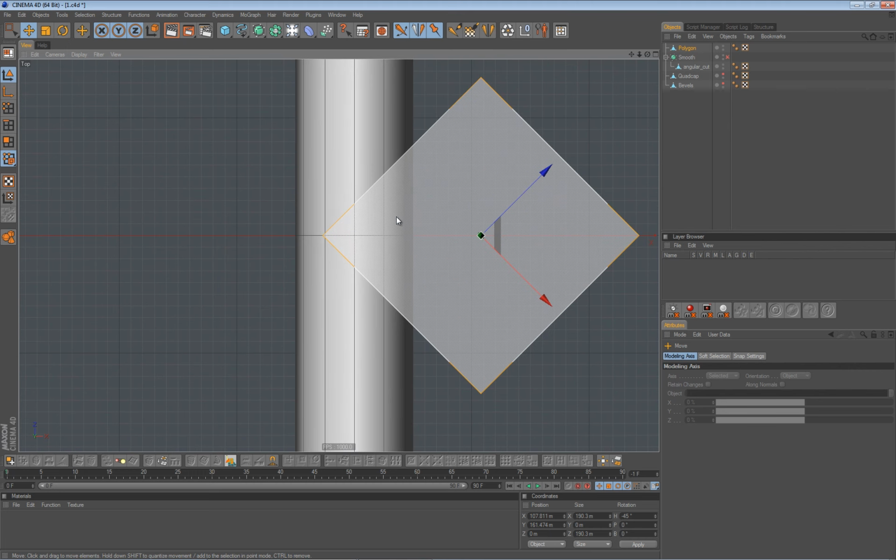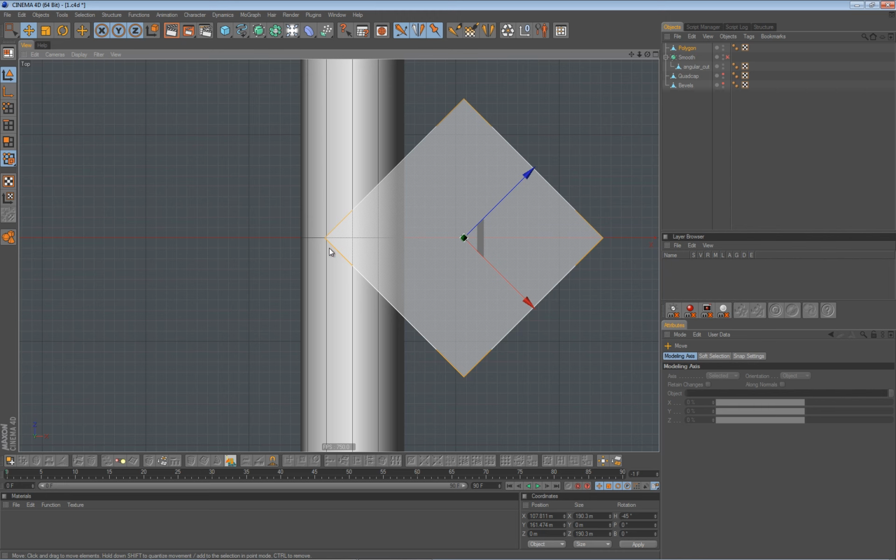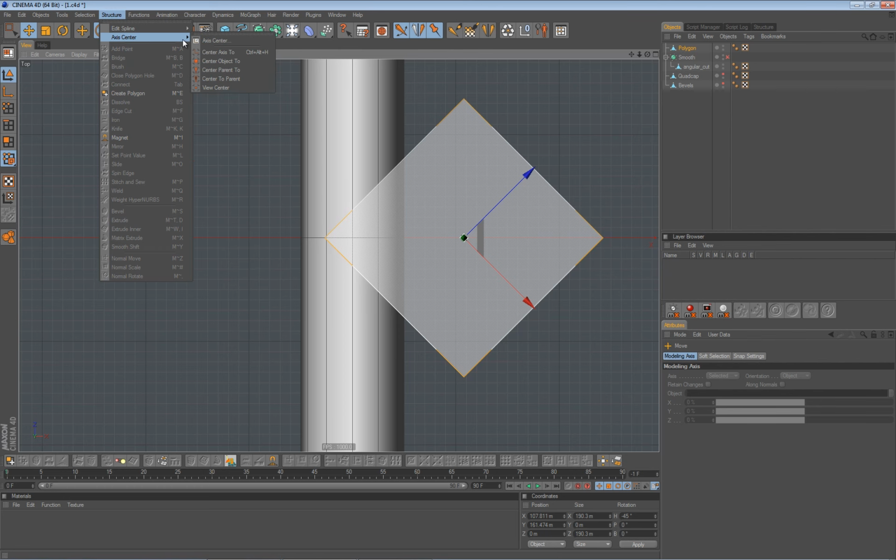If you take a closer look, this is exactly what the knife tool did in the previous example. This 45-degree rotated polygon would be the exact reference for 90-degree extrusion. However, I want this axis to be exactly lying on this point, and I want that point to be exactly here. So let's do that. Let's go to our structure, axis center,